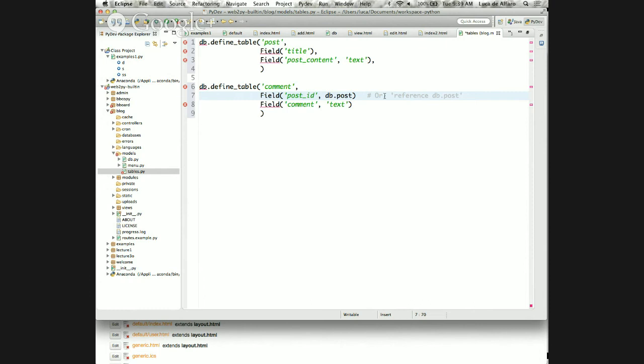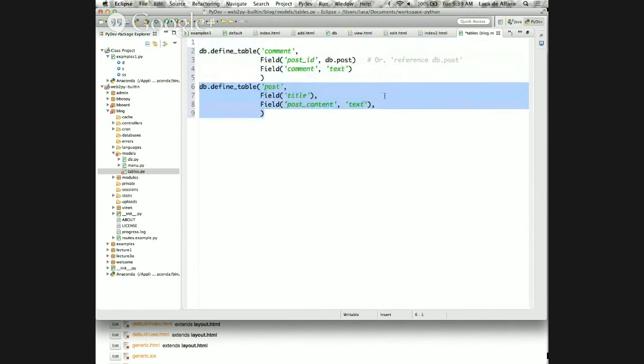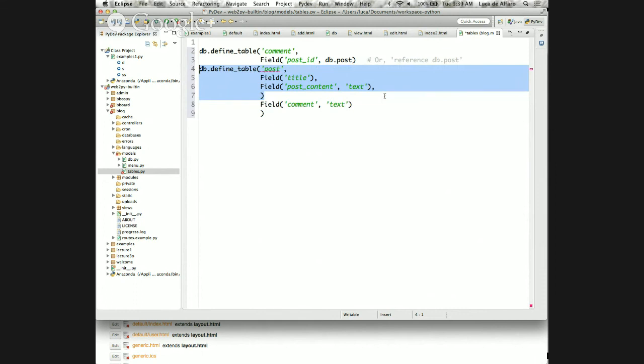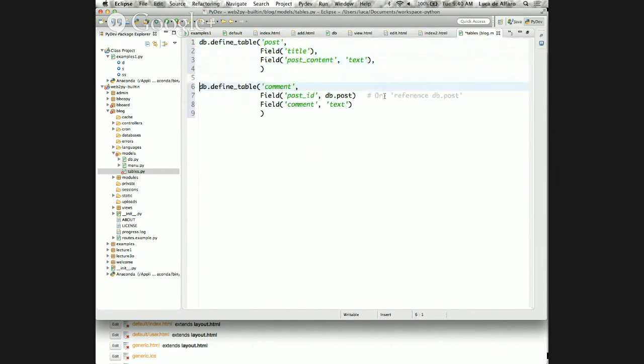db.post as a string. Declaring it as a string is sometimes better because you have this problem of forward and backward references. Assume that you need a reference to a table that you will write later. If I switch the order of these two tables and put this table after the other one, db.post would not work, right? Because the table post is defined later. And so I would get an error that db.post is undefined, okay? But the other syntax always works, okay?